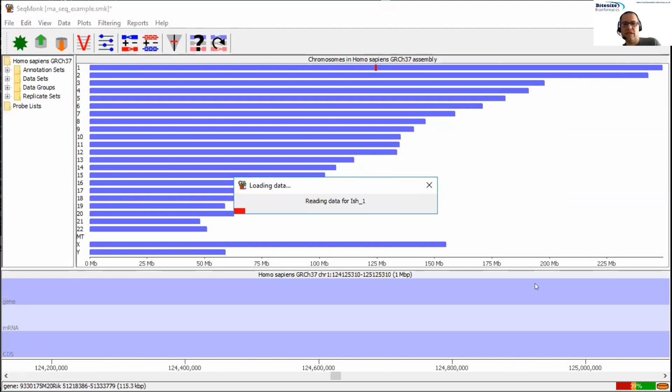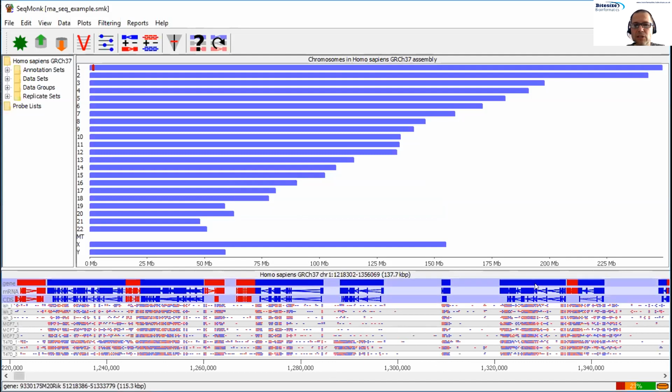The reason I'm opening this is because this is a project that has more data in it. So this has 3 different conditions and 3 replicates for each condition. So this is going to allow us to firstly look at how to handle the replicate sets that we didn't show you before because we didn't have replicate information. And we're also going to get a chance to actually show you how to run a statistical analysis, a very trivial statistical analysis in this case, but to show the principle for how that works, and to show a couple of other little